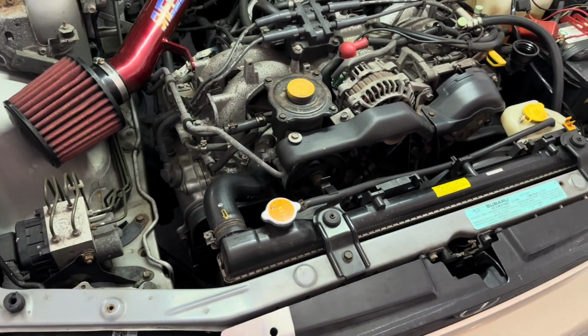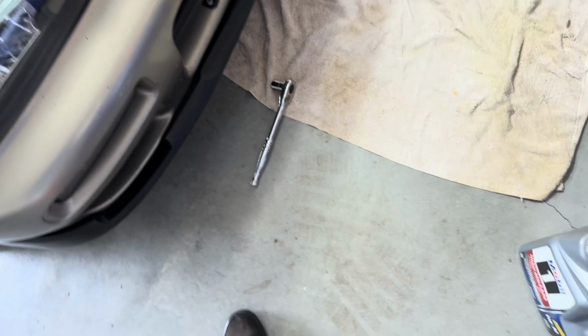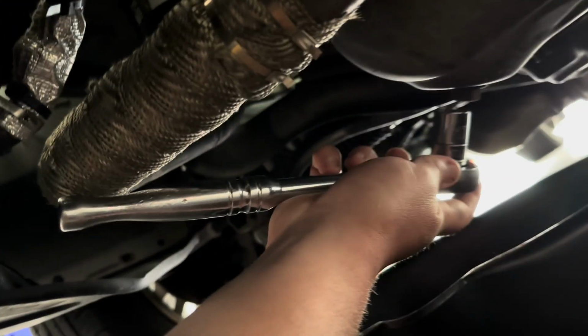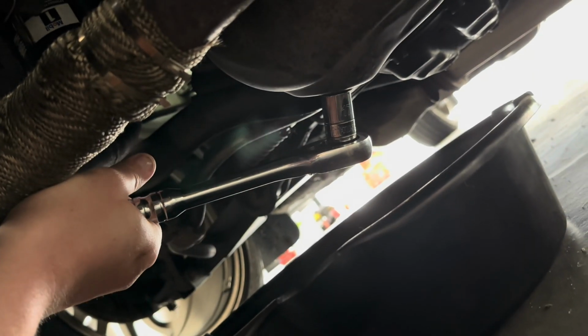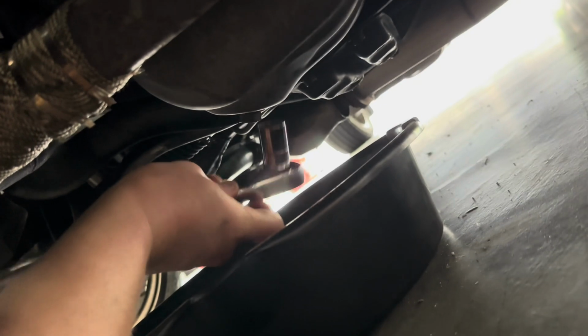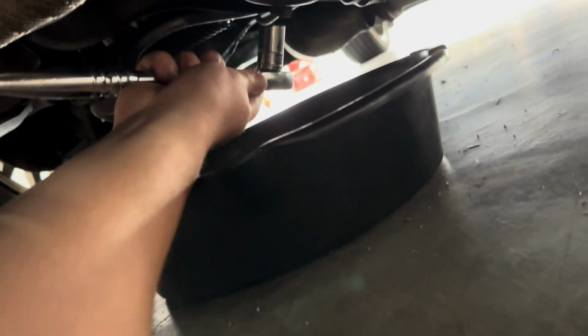And what's really nice about these cars is that you don't even have to jack them up. You can literally just go under here. I'll grab this. This will be really helpful in a second. I'll show you how. It'll come under here. And the bolt is right there for the oil pan. So you shouldn't need too much pressure on that to get the bolt off, and I'm pretty sure I had it backwards. So,